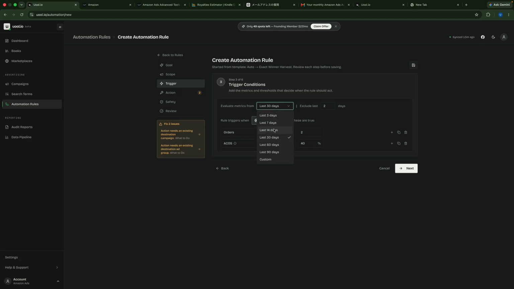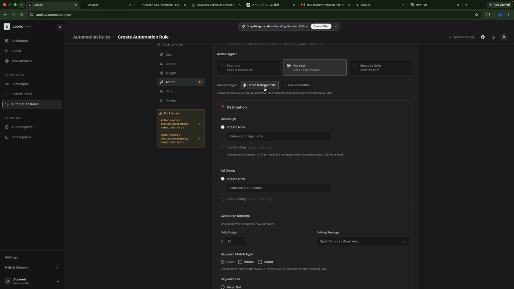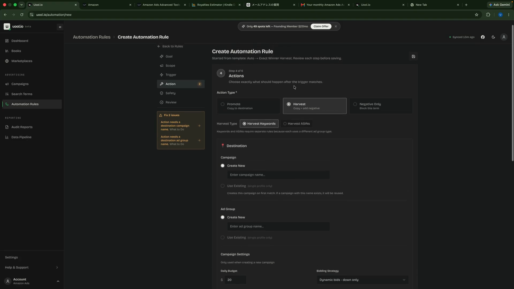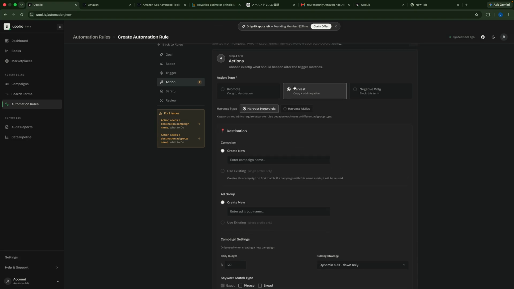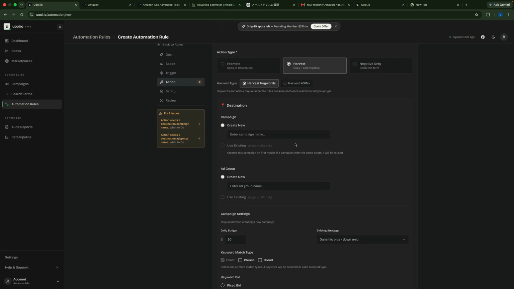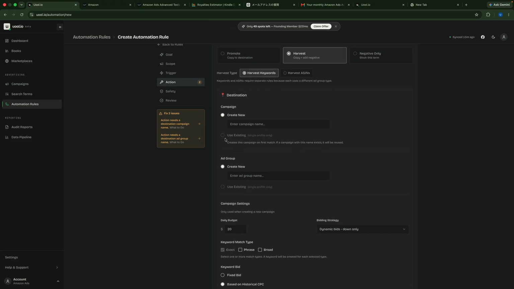I'm going to say for last 7 days. If there are any orders greater than 2 and ACOS is less than 40%, I will harvest, because auto campaigns can harvest keywords or they can harvest ASINs. Harvest means that whatever terms have converted or met your condition, you want to move them down to the next layer. So here, because I'm selecting multiple campaigns, so in the multiple